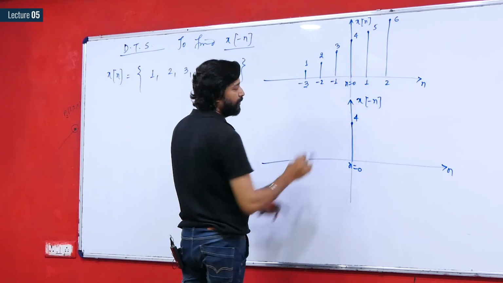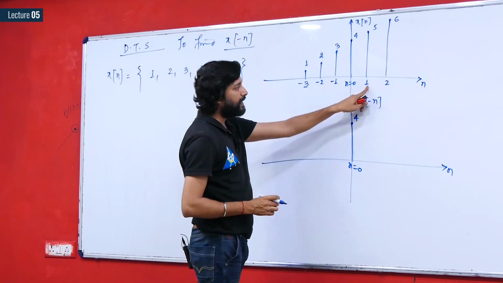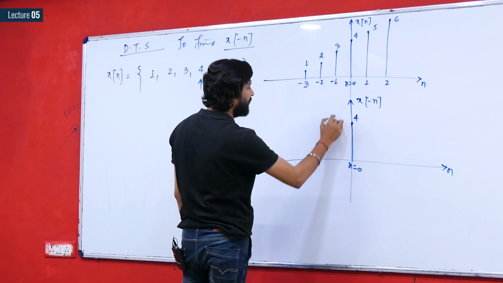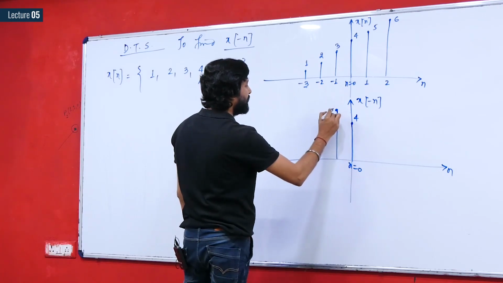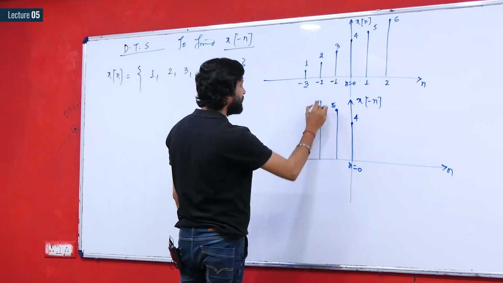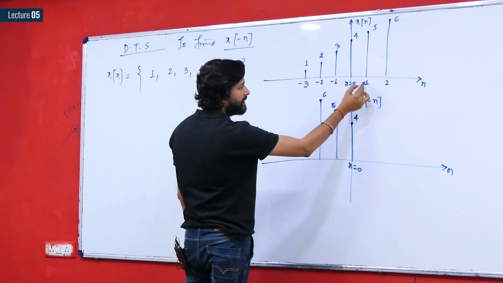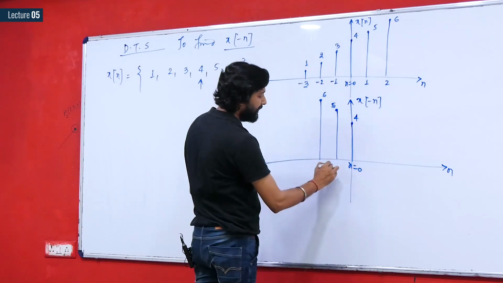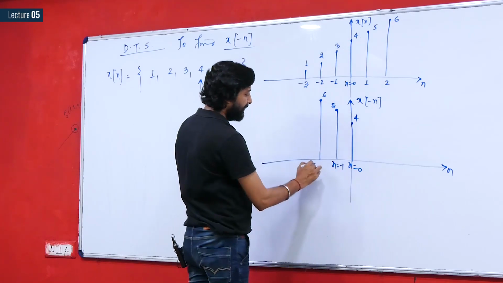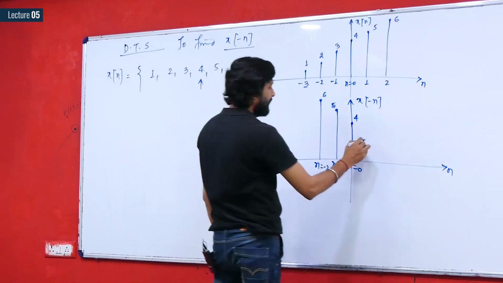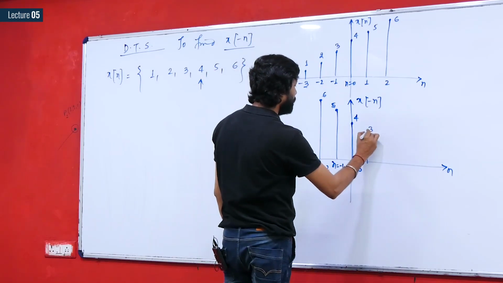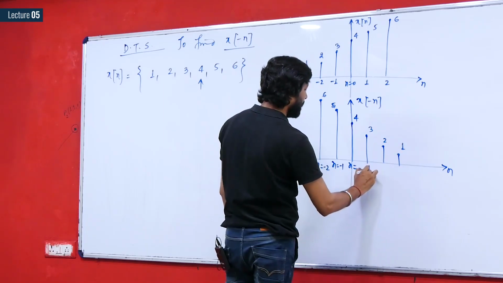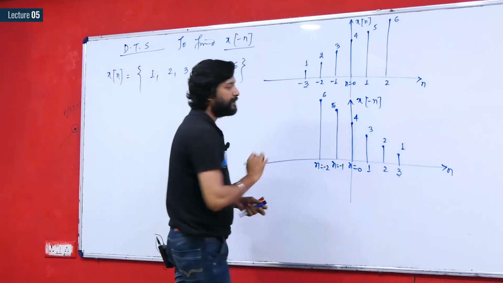Now whatever values were after the origin will now come to the left of the origin. So the value before n equals to 0 will be 5, and before this it will be 6. Earlier the value 5 was occurring at n equals to 1, now this 5 is occurring at n equals to minus 1, and 6 at n equals to minus 2. Similarly, after 4 you will have values 3, then 2 and then 1, for values of n 1, 2 and 3. So it is the similar process.